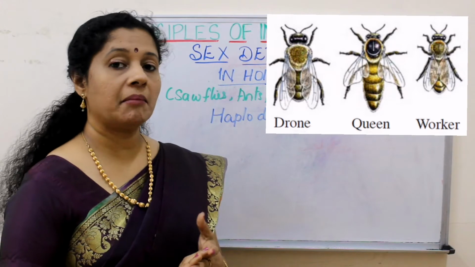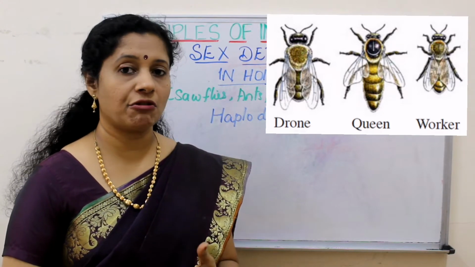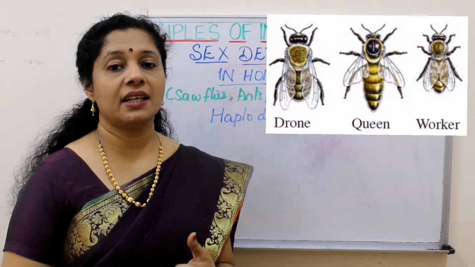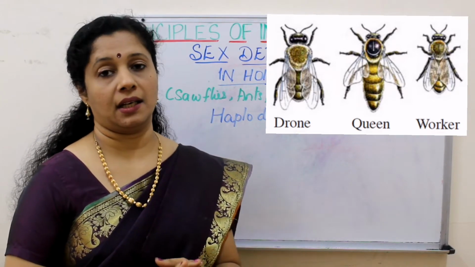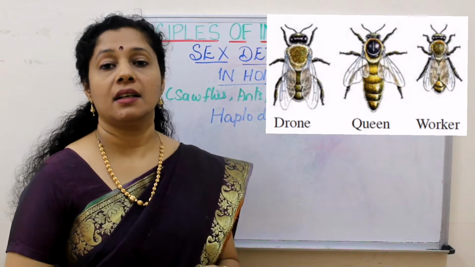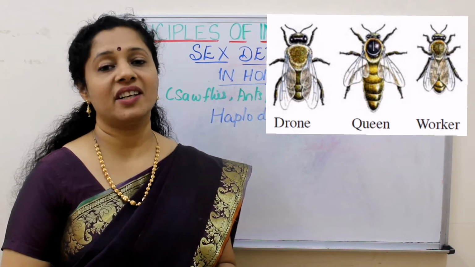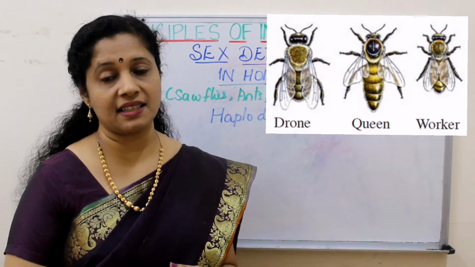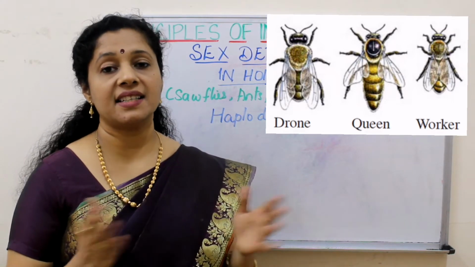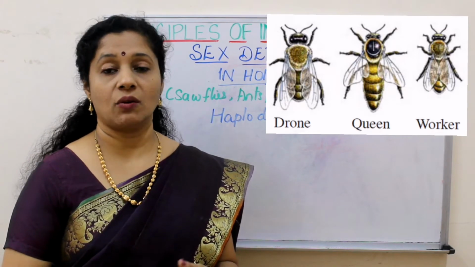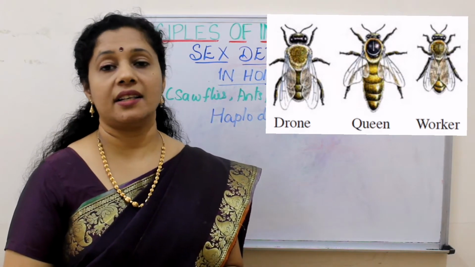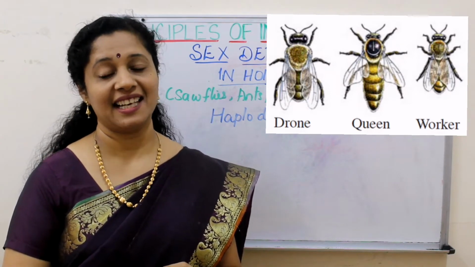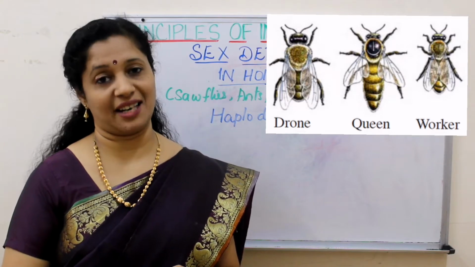Whereas the males or the drones are the privileged group, they hardly do anything other than eating and mating. Their duty is to mate with the queen. Whereas the workers are the underprivileged ones. They always do hard work. They have to make the honeycomb, fix the wax in it, bring the nectar, fan it and make it into thick honey, and also produce the royal jelly, and purify the air by fanning their wings. So much work they are doing. They are the ones actually doing the hard labor.